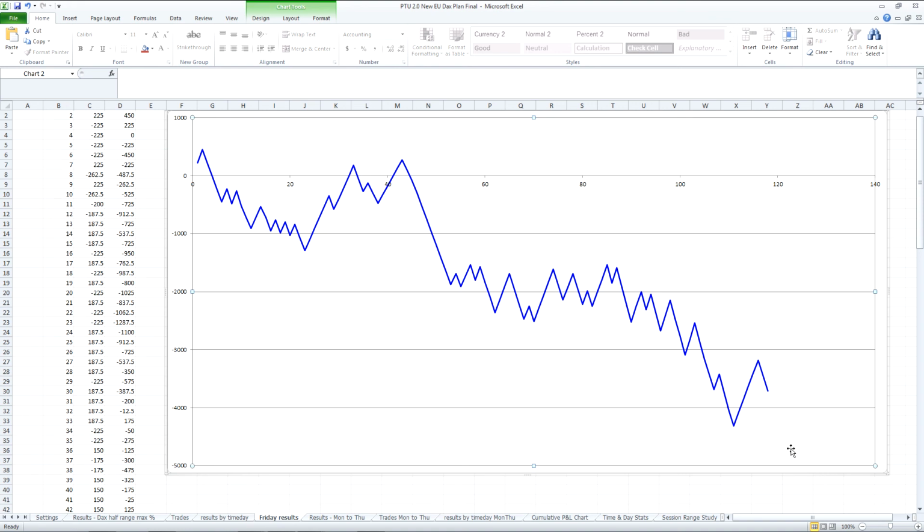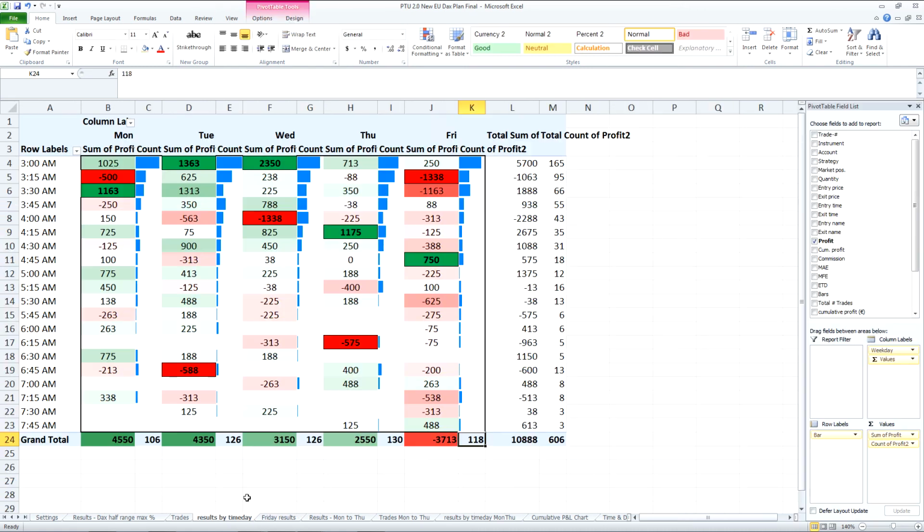So just looking at the Friday results further, by time of day, you can see that Friday has persistently underperformed. This is the total profit per 15-minute time block on Monday through Friday, and you can see that there are certainly enough trades to justify the decision that Friday has been an underperformer